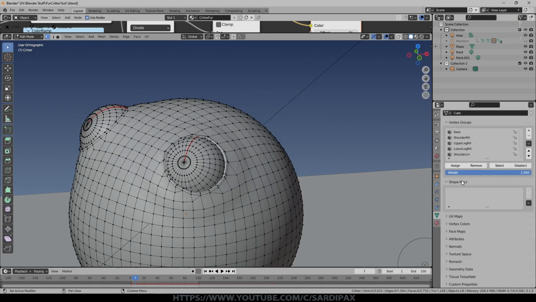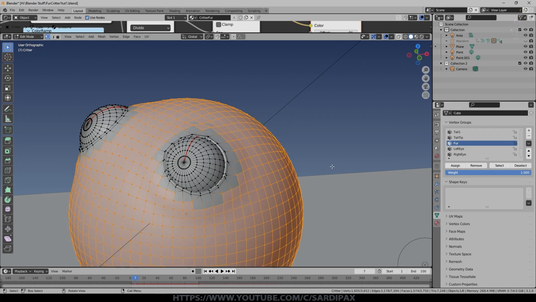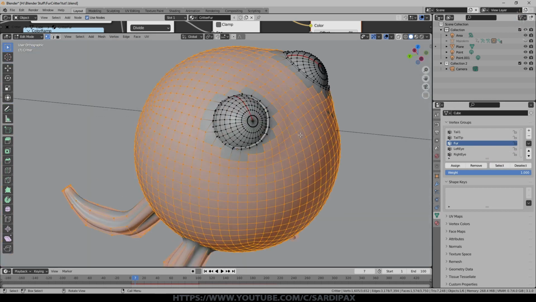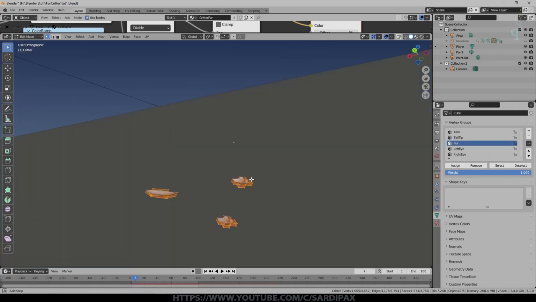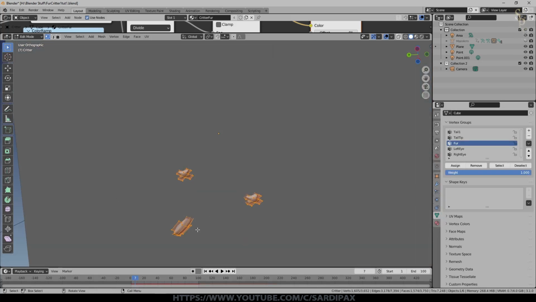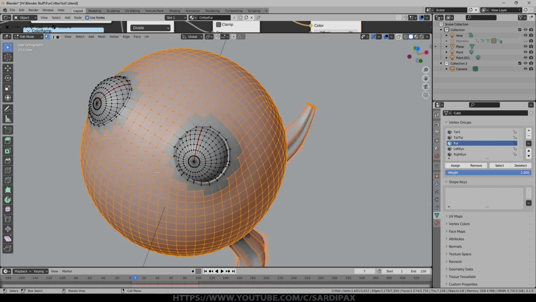You can see I've got a number of vertex groups defined here, but most of those are to do with the armature that I put in here. But I've got one called fur, so if I select that one, you can see that I've selected all the areas that I want to be covered in fur. Probably didn't need to select the base of his feet, but I deselected the area around his eyes. So that's not selected by that vertex group. And obviously you just select an area and say assign and give it a name. So the name is fur.